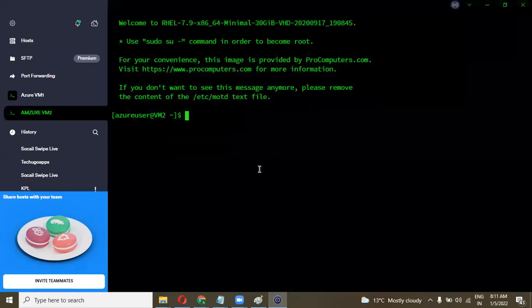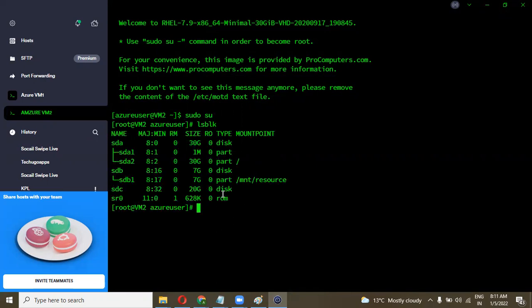Now you can see, first we need to go to the super user, then lsblk. You can see 20 GB is there, but it is not mounted on any mount point. So we need not format it here; we can easily mount it. Let's make a directory with mkdir.